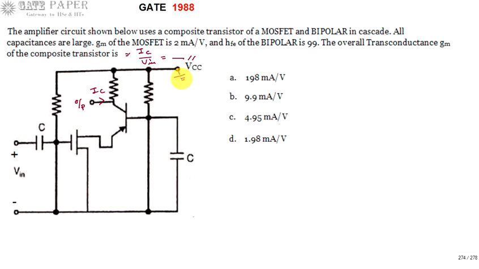This is one way of thinking. The other way is to consider the circuit as consisting of two sources: one is the DC source VCC, the other is the AC voltage source Vin. Whenever you are considering one source, the other source has to be kept at ground, in case of voltage, as in the superposition theorem. Always, for linear circuits, we can use the superposition theorem. The superposition theorem says the overall response is the sum of individual responses.